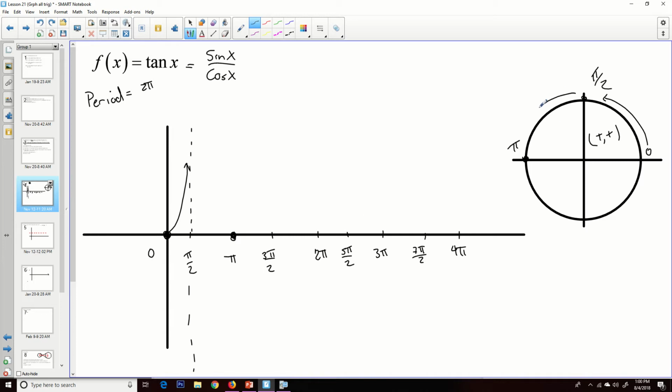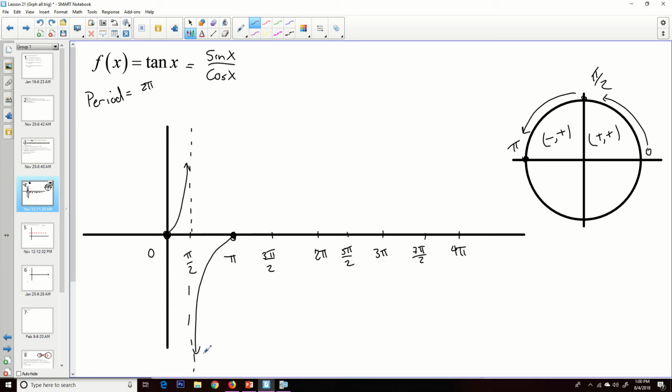In this particular quadrant, as we go from pi over 2 to pi, we know that the x values are negative and the y values are positive. So I get a positive divided by a negative because sine is y and cosine is x. And so positive divided by a negative is negative, so all of these values must be negative, and it goes